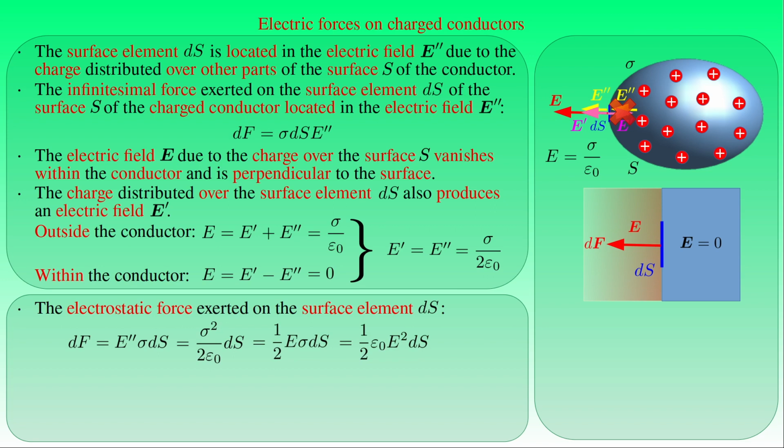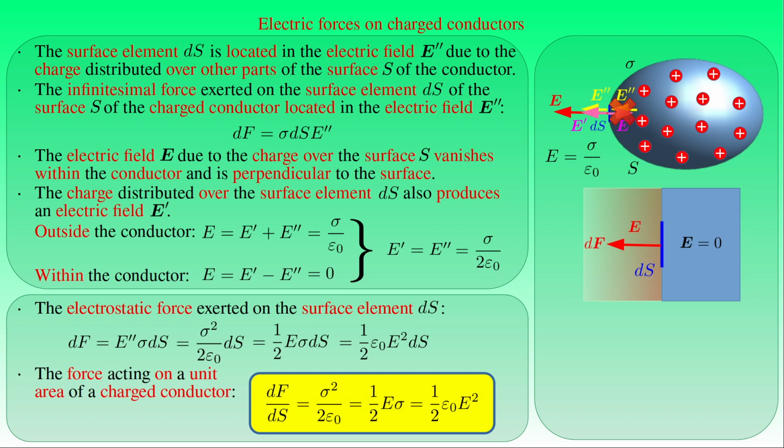The result shows that the force acting on a unit surface area of a charged conductor, that is the surface density of the force given by the derivative of the force F with respect to the surface area S, is equal to the square of the surface charge density sigma divided by 2 times the vacuum permittivity epsilon naught, or 1 over 2 times the magnitude of the electric field E due to the surface charge, times the surface charge density sigma. This expression can also be written as 1 over 2 times the vacuum permittivity epsilon naught times the square of the magnitude of the electric field E,